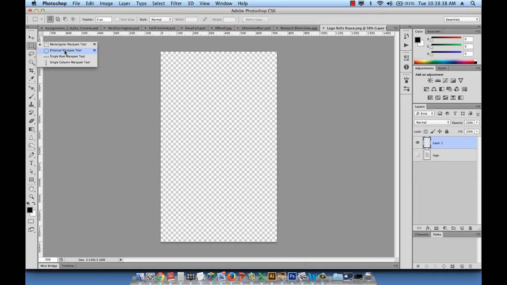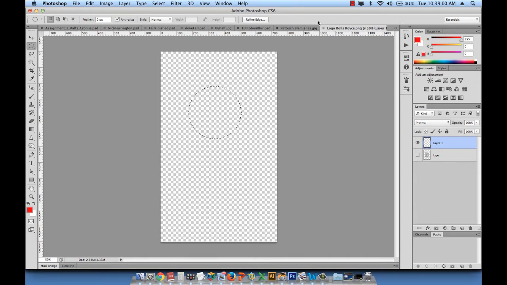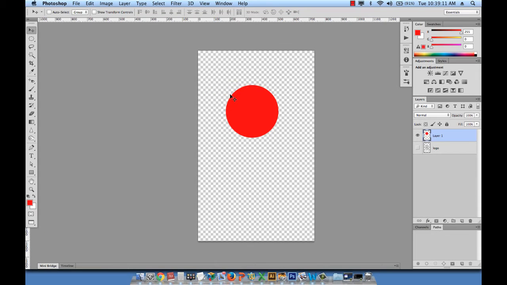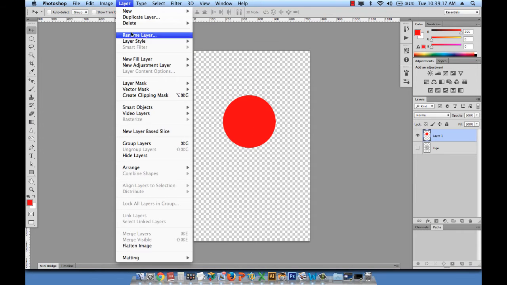So I'm going to go to the elliptical marquee tool, and just holding down the Alt and the Shift keys, draw a circle, basically the selection of a circle on layer 1, which is an empty layer, and release my hand. Okay, so then go to the color panel and choose the red color, because normally these candle seals come in red, and then hit Alt Delete to basically color that selection. Okay. And then what I want to do next is go to layer style,